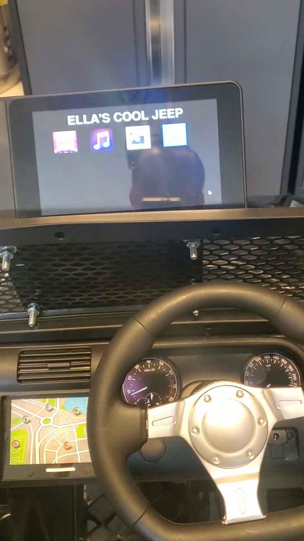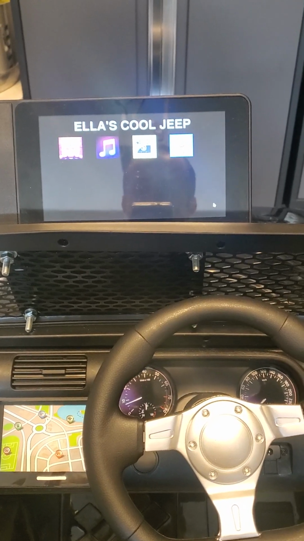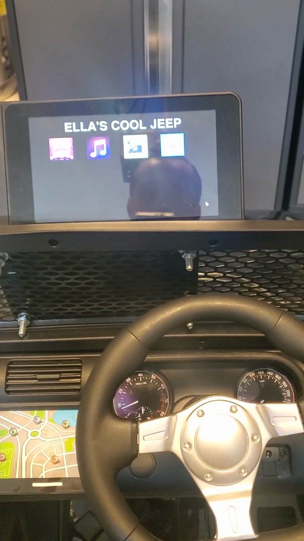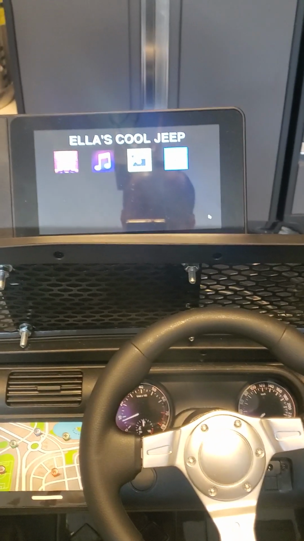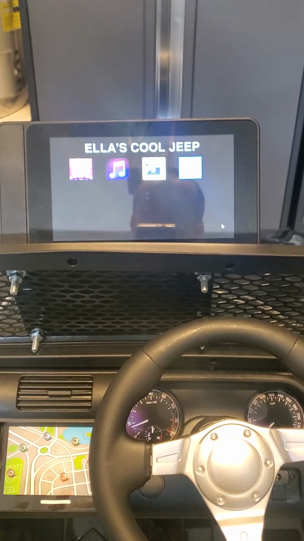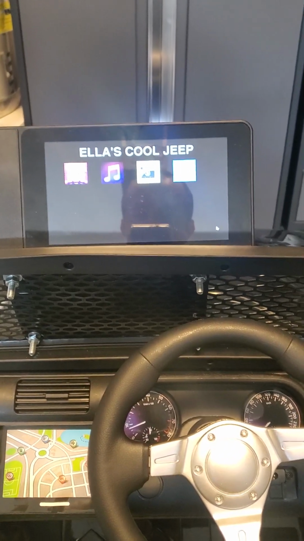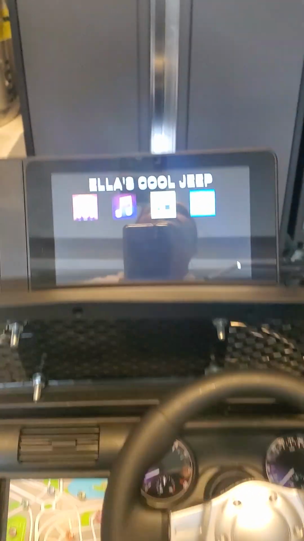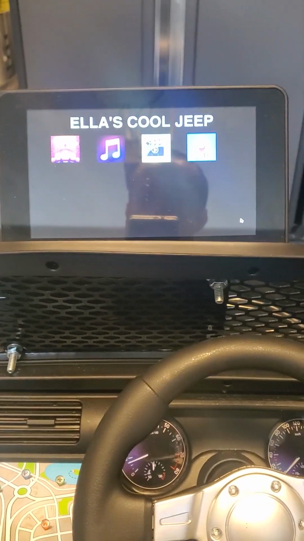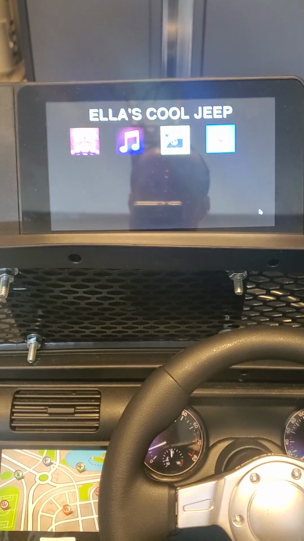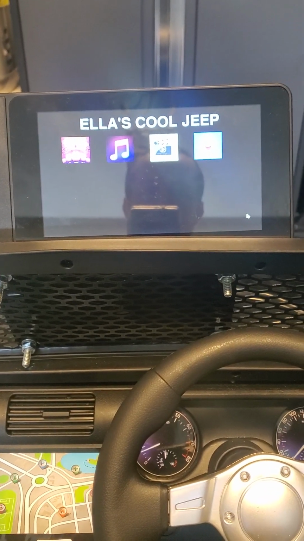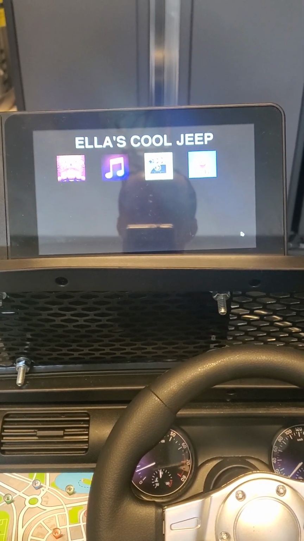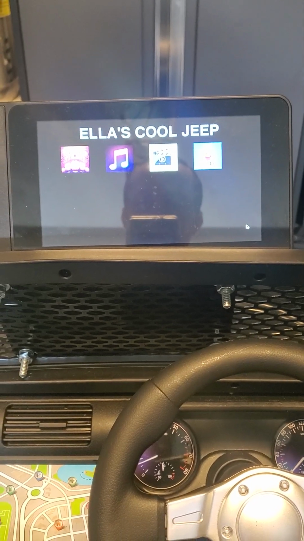A few lessons learned here that would, I would say, drastically expedite the process if someone else wanted to do this. First one would be, if you're going to run Emulation Station, just go with RetroPie as your underlying build, and then build on top of that or modify on top of that build as you see fit. So in my case, I messed around with Raspbian and tried to get Emulation Station to function on top of Raspbian. Spent a few hours on that and ended up just going back to RetroPie as the underlying build and